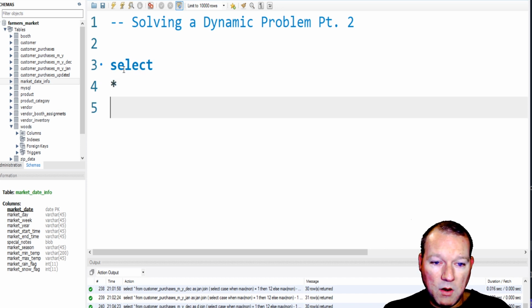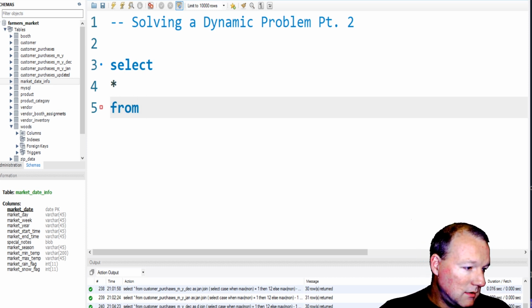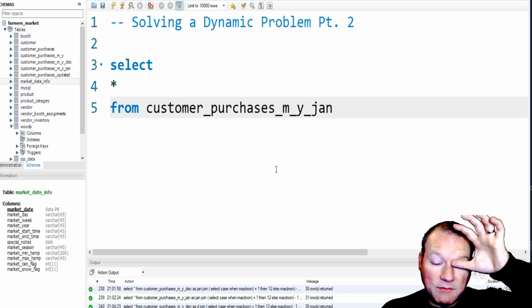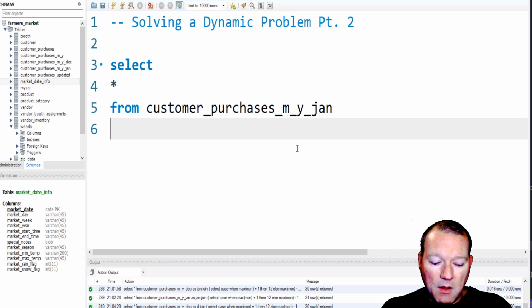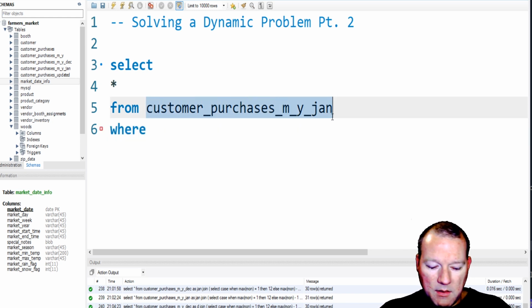And we know how to do this: we do from, and the name of our table that we're going to be using is, I have an example of January data, and we'll talk about this, and I'll show you an example of the difference between January and December to show you that this does work. All right, so then where